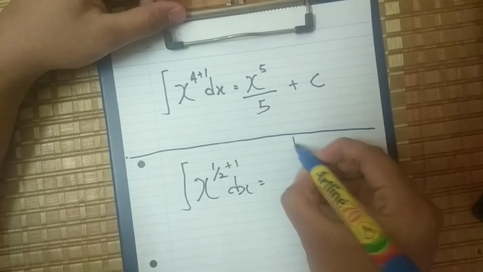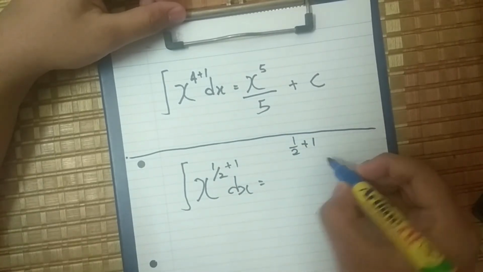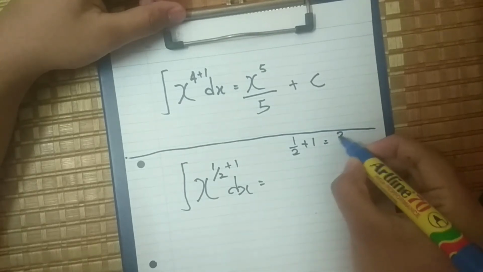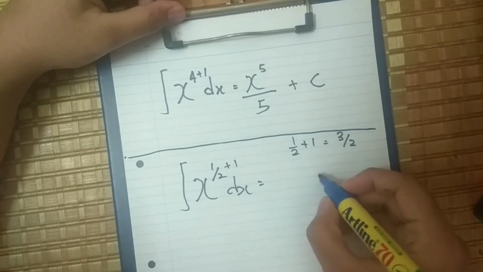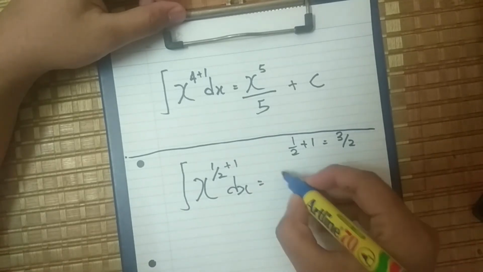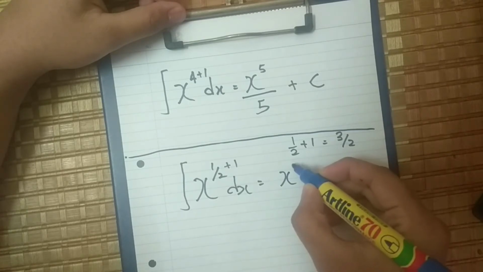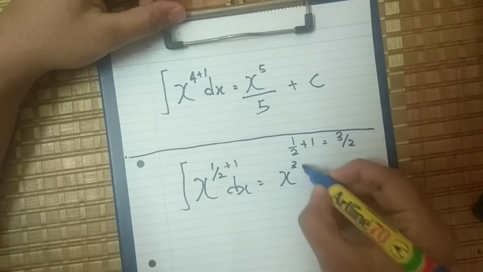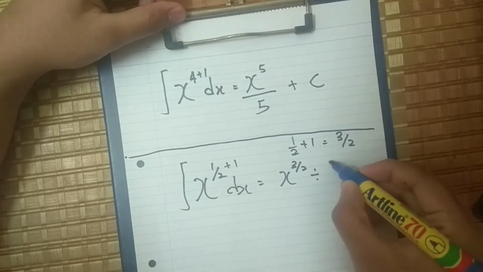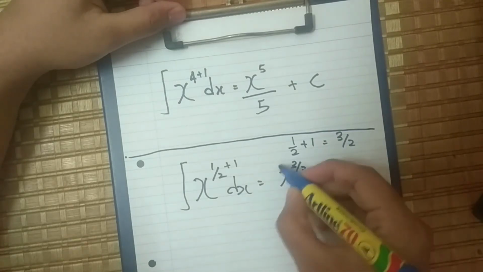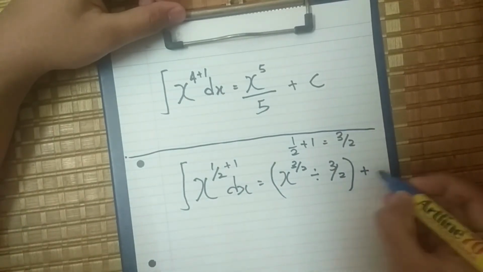A half added by 1 equals 3 over 2. We can write our answer like this: x to the power of 3 over 2 divided by 3 over 2, plus c,